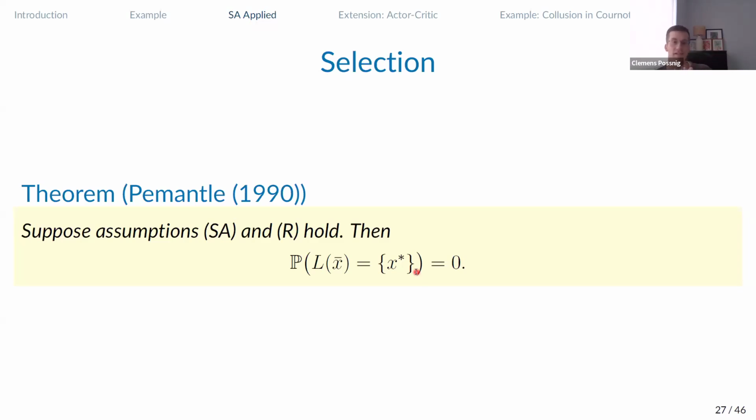And this gives us a very nice selection result because it tells us that, for example, if you can guarantee that all your ICT sets for the game that you're looking at are rest points, for example, Nash equilibria, then this means that not all of these Nash equilibria may be learned by the algorithm. Even though they're all Nash equilibria, you can already tell that those that are unstable will not be learned by the algorithm. And you can talk about actually non-trivial selection of your multi-agent learning process.